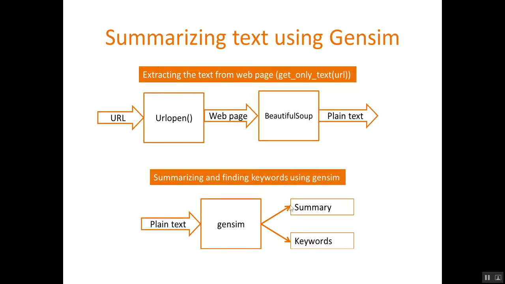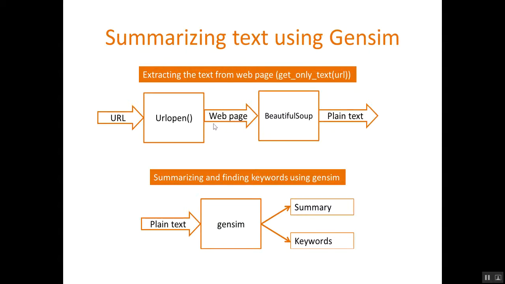So this is done in two stages. The first stage is extracting the text from the web page, and this is the function that we have created. So for summarizing we need some source. The source is a text file or text data. In this case we will be using the text data from the website. So we have a function called URL open. To this we will be passing URL of the website. The outcome of this function will be a web page,